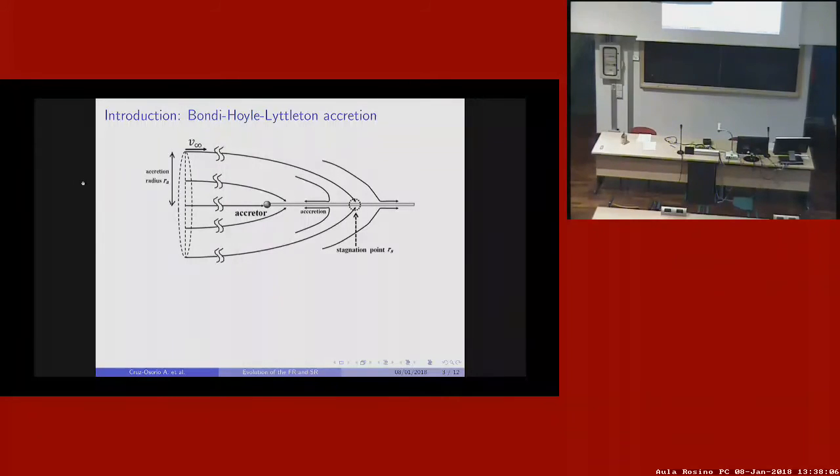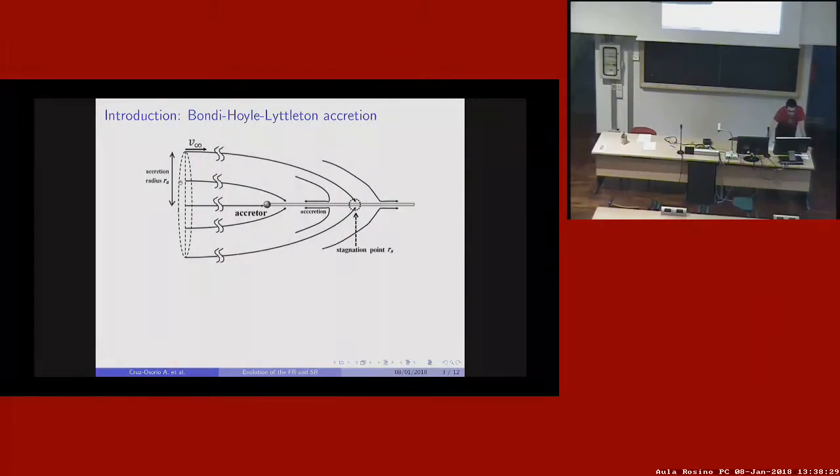Supersonic motion of a gravitating body in a gas cloud. And here there is a schematic picture of the model. So you can see it? Not really. Okay. You can see the